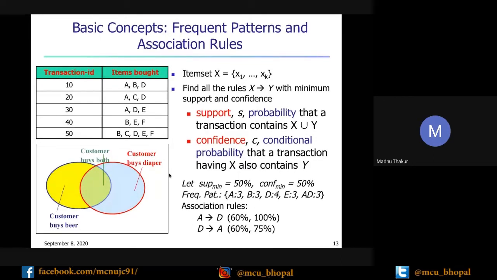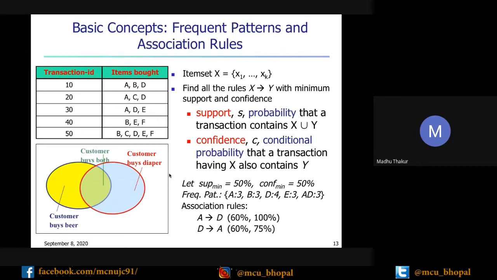Confidence is a conditional probability: given that a transaction has X, it also contains Y. It is evaluated as probability of X union Y divided by probability of X. So this is the confidence.